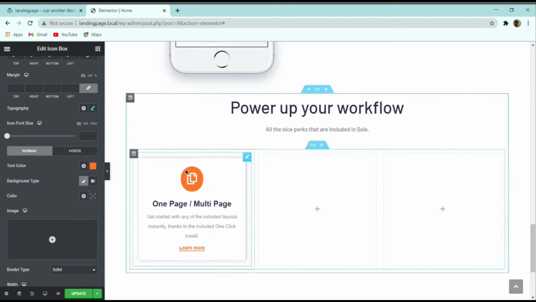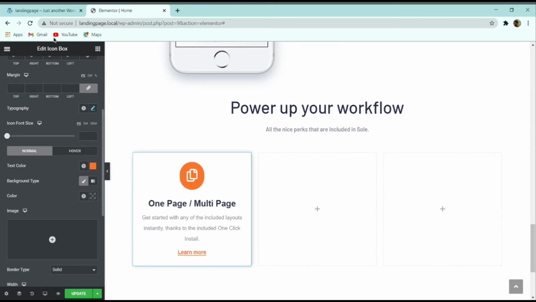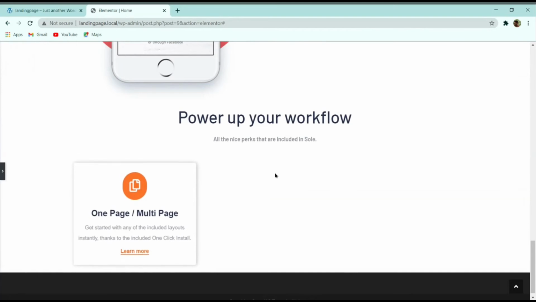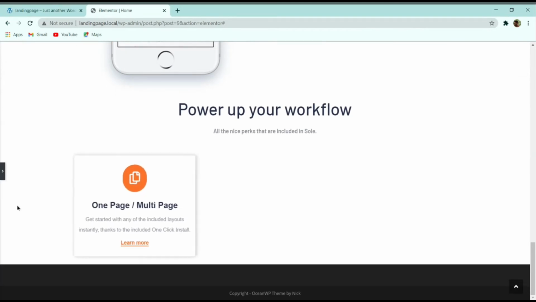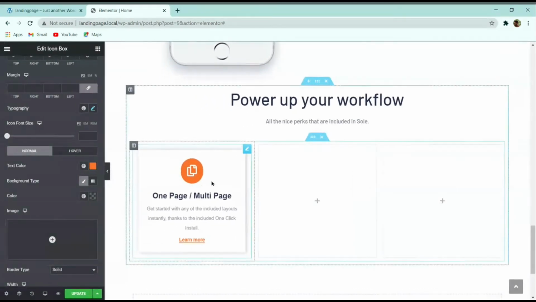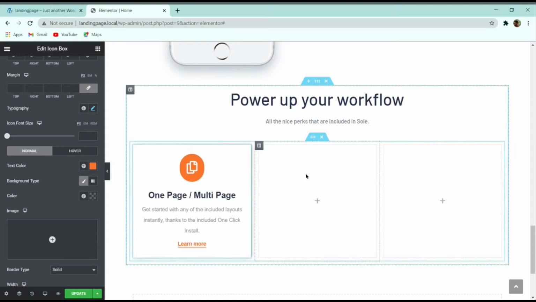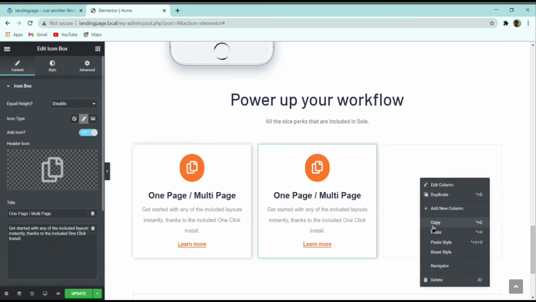So I think with this you can see that we are completely ready with our icon box. This is how our icon box is looking. Now what I will do, I will copy it and paste it on the other two columns.